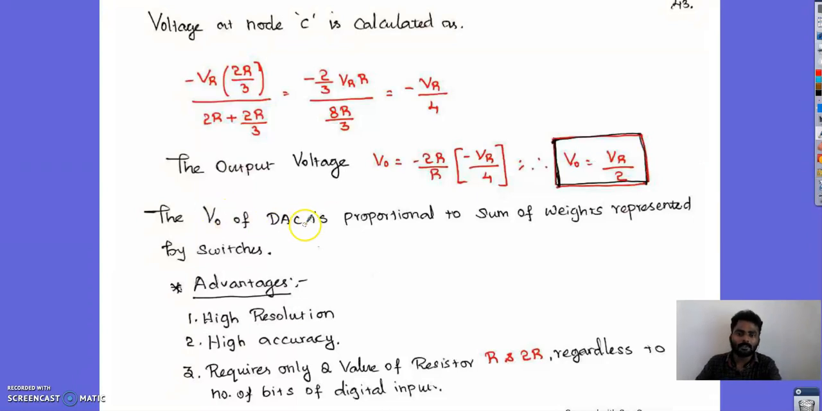So the output voltage of the digital to analog converter is proportional to the sum of weights represented in the switches. And the advantages are, it has high resolution, high accuracy, and it requires only 2 values of resistance. That is the main advantage of this type of R to 2R ladder digital to analog converter. And for every input, only R and 2R resistances alone are used. So here I end my lecture for your